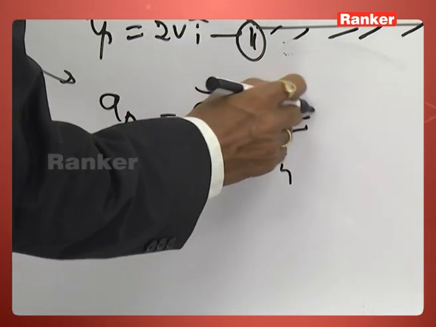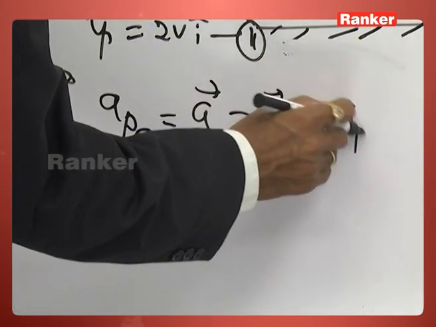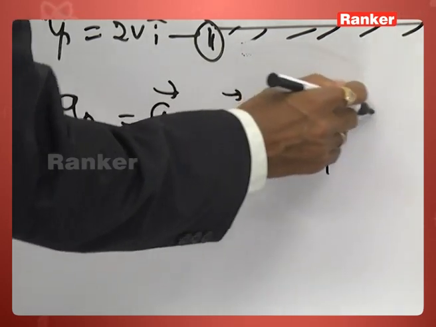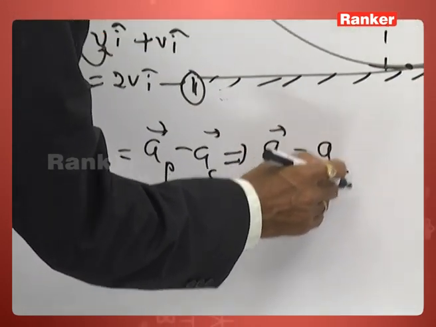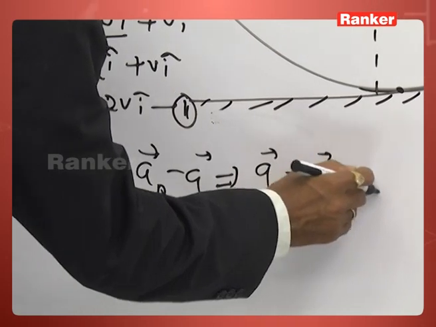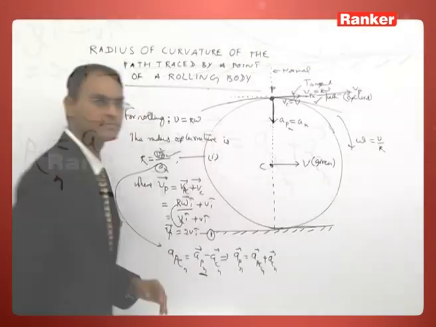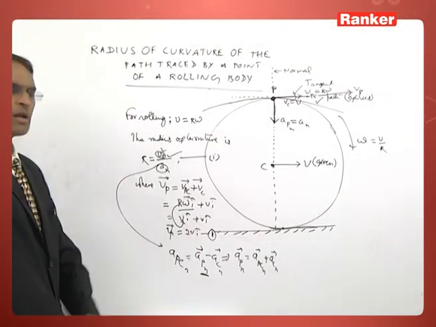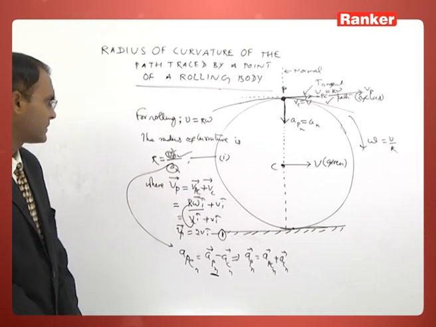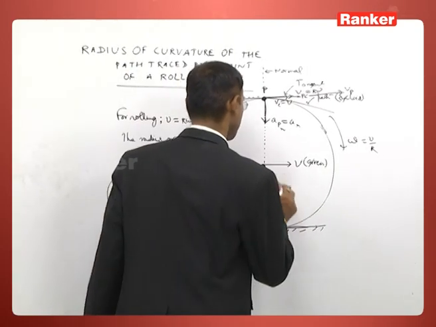But what do we want? We want this vector. Acceleration of the point P along normal direction is equal to acceleration of the point P with respect to c along normal direction plus acceleration of c along normal direction. Galilean transformation of acceleration. Since